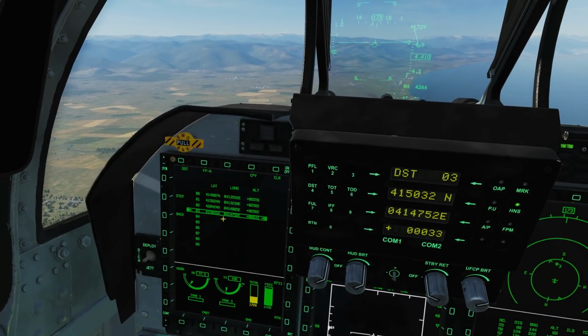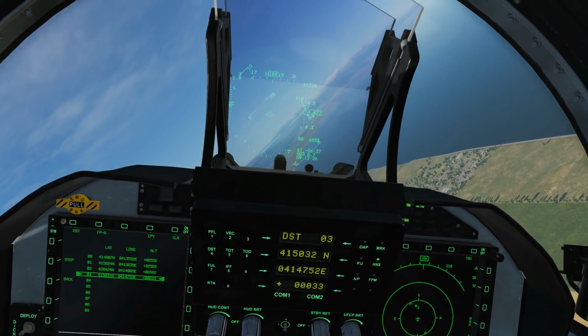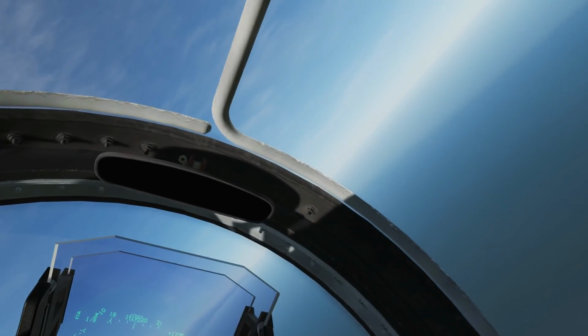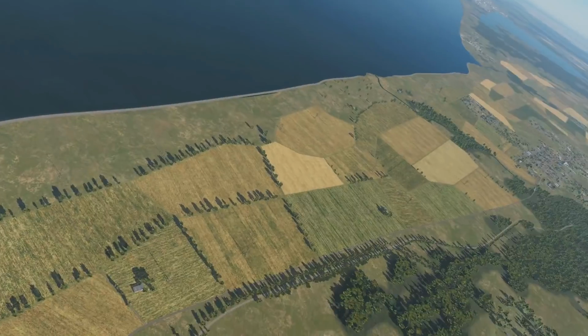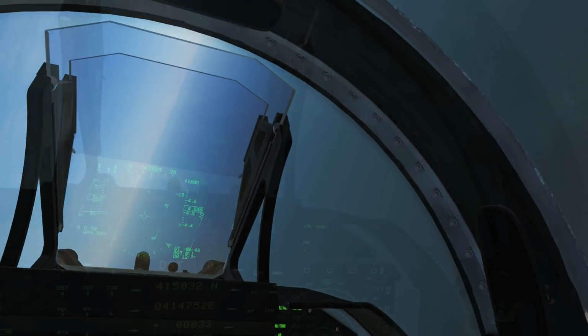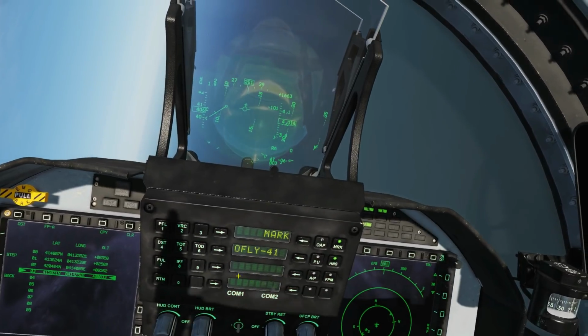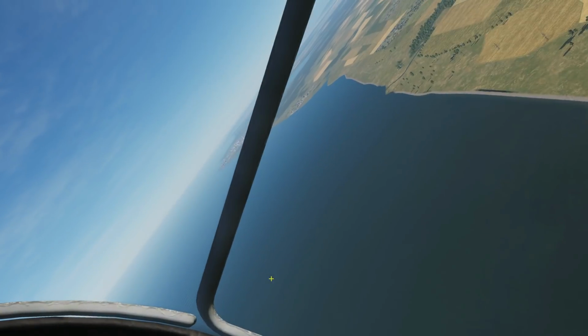Next, we're going to show that we can add a new waypoint out of nothing, and this time we're going to lay down a mark point. So what I'm going to do is fly out here. I want my waypoint to be, I don't know, where that little river's coming out there. So watch this. What I'm going to press is mark once, and it's going to be an overfly of memory